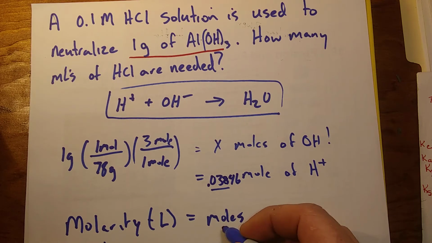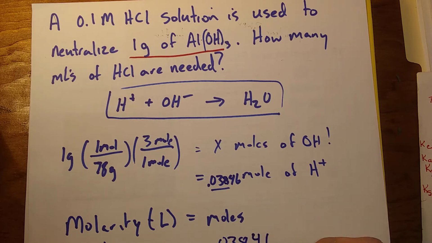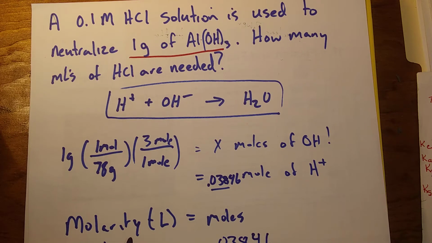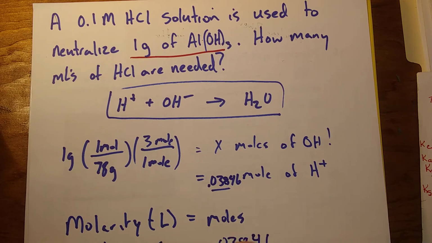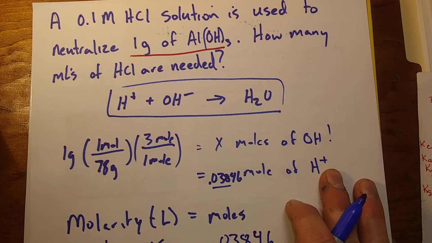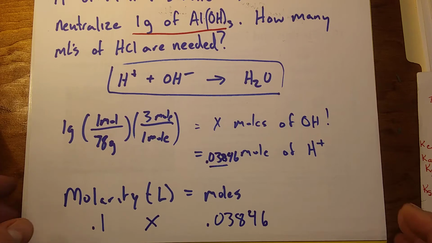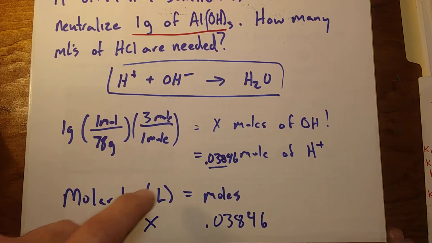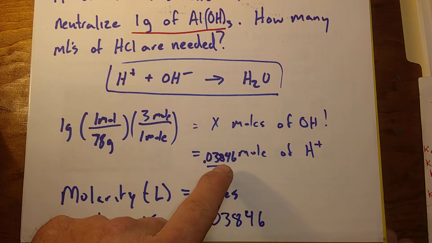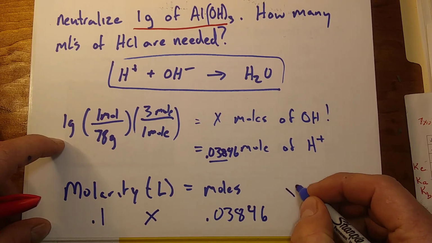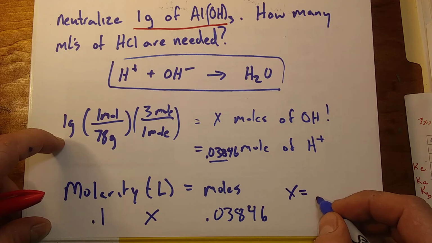I know the moles is 0.03846 and some others. I'm going to leave the units out. That's moles. This is moles per liter. Now I'm just solving for liters here. I have an equation now where I've taken the mole amount of the H plus. I'm going to divide it by 0.1 to get X. And so X is just going to be, in liters,